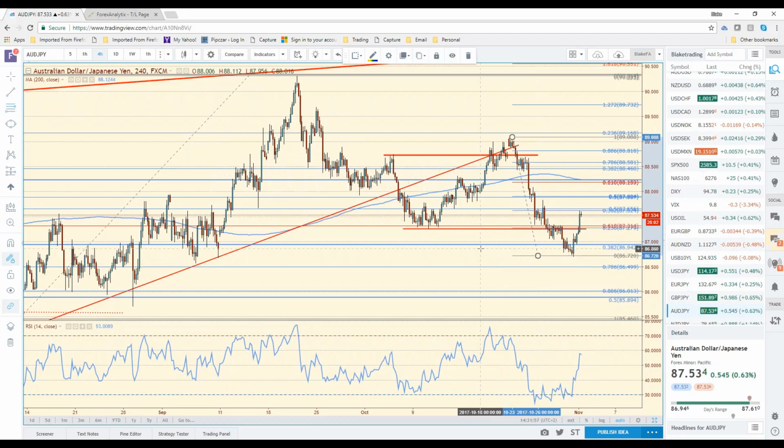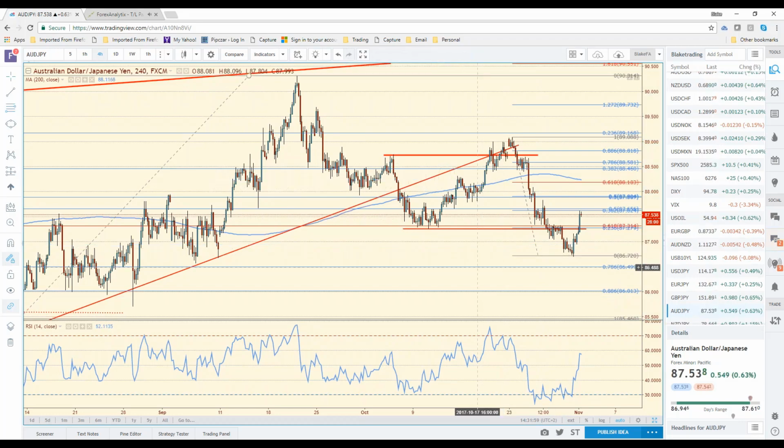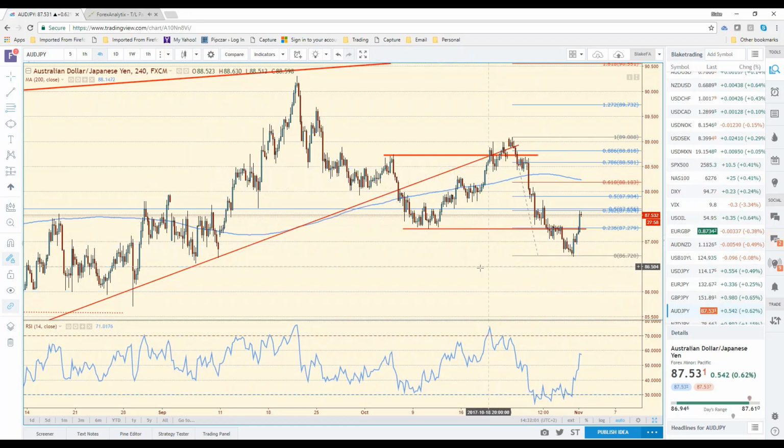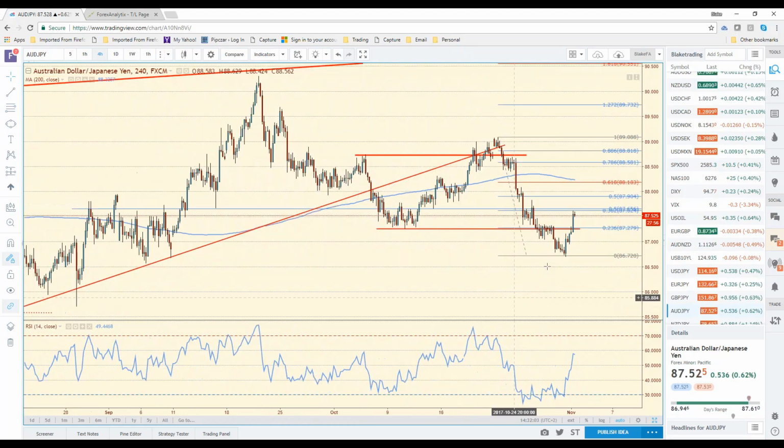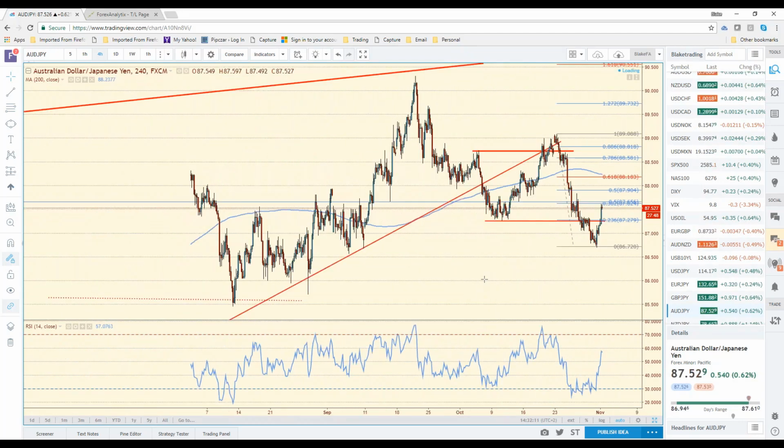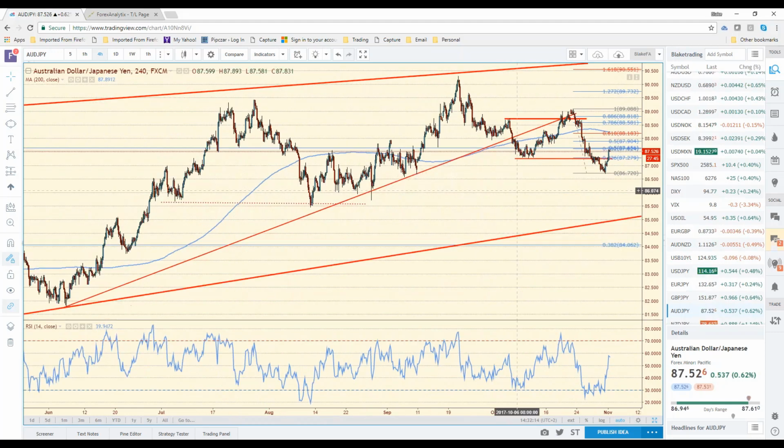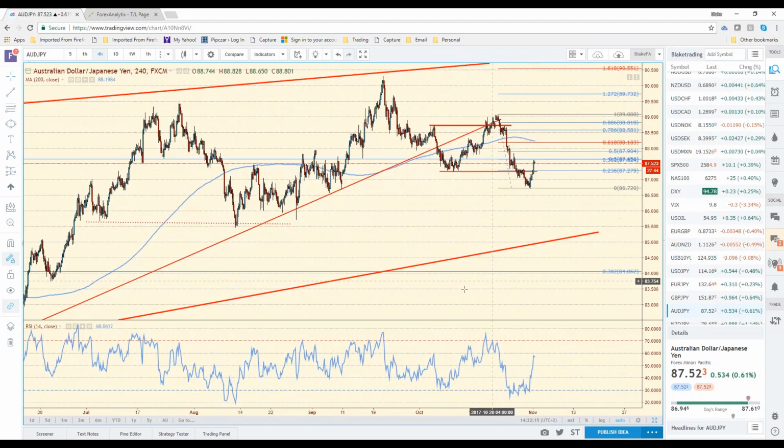Okay, so hold on. Let me delete this just to get it out of the way. Now you can see that this Aussie yen, and especially if you guys are bearish the Aussie, this could be a really good setup for a short here. For those people that are just looking for a stair-stepping price action lower,